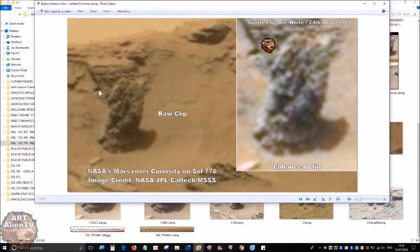And on the back of this ridge here, near the back, near the top, we have this. Now, I'm not really sure what to call this. It looks a bit like a Bigfoot. It looks like some kind of furry head with loads of kind of hairy structure to it. Around the top especially, you can see these